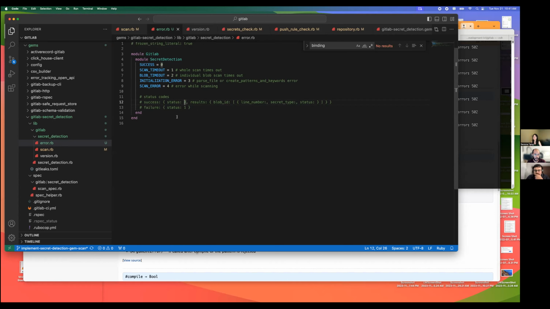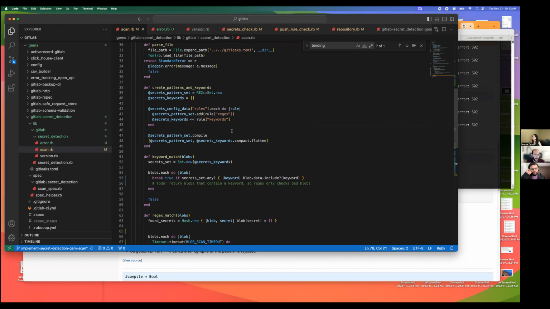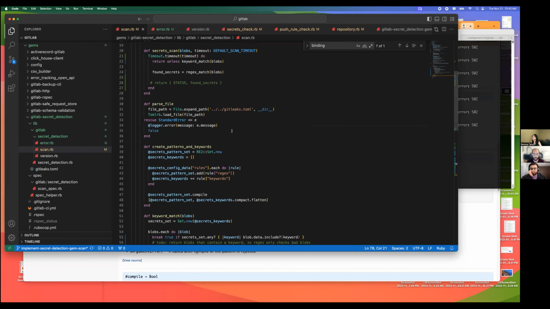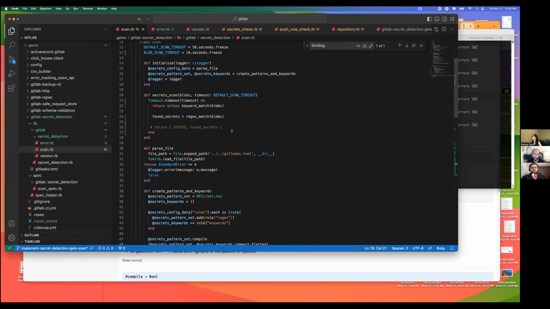I think we have the responses at least figured out. This is what it could look like. On failure, it would be just status with the number, and for the success, we have the results. On the push check, I can build against this, so that looks good already. Anything else you have in your mind, Serena or Vishwa? So one thing,